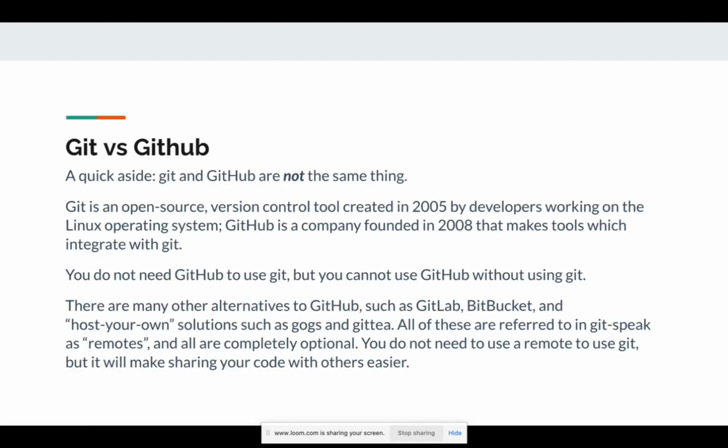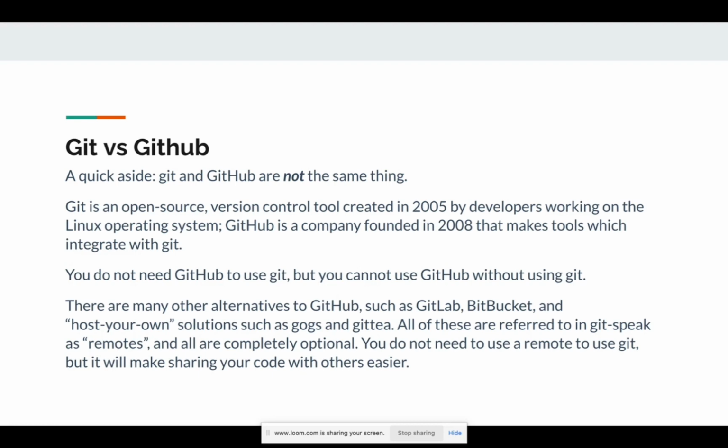Now the difference between Git and GitHub. Very important note: Git and GitHub are not the same thing. They are two different things. Git is an open source version control tool, created in 2005. But GitHub is a company founded in 2008 that makes tools which integrate with Git.